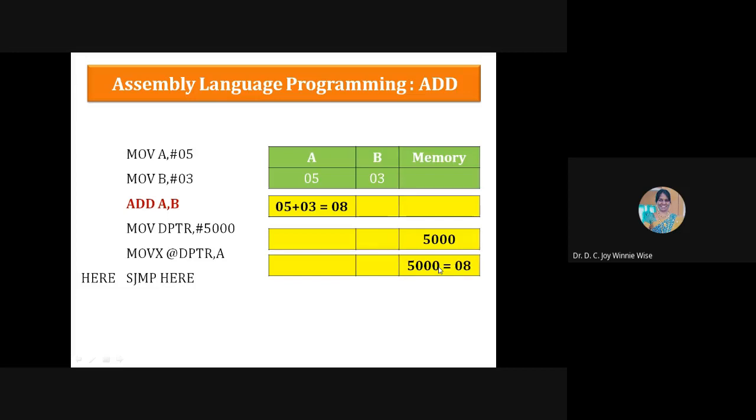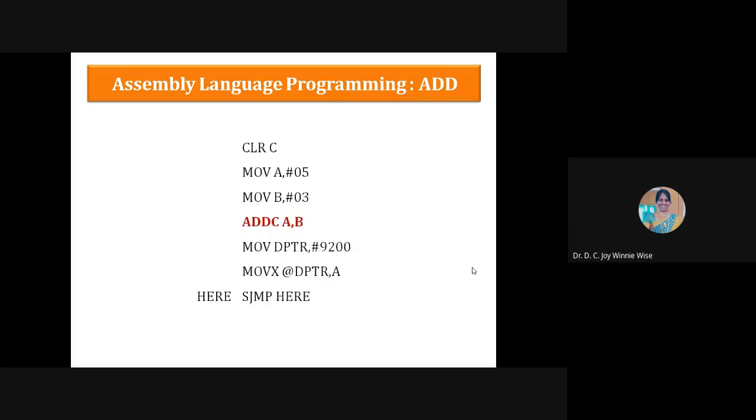Okay, I hope you understood. So whenever you write the program, the first step is we have the input, second one is processing, and the third part is the output. So we have to make the input available, that is in the registers, and do the processing. So according to this program, the processing we are doing is adding the two datas, and the output is we are storing that in memory location 5000. That's all.